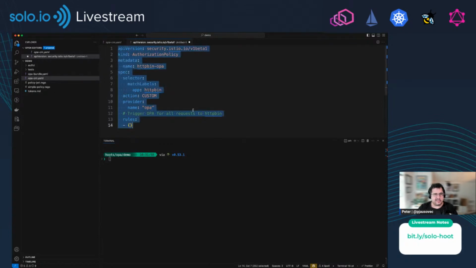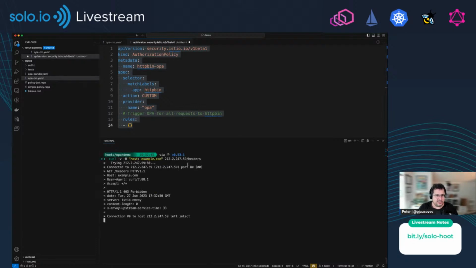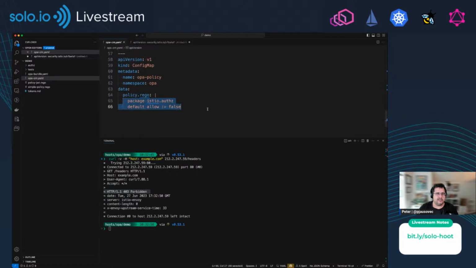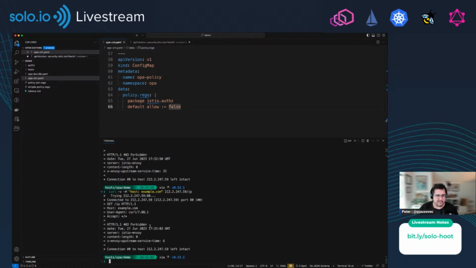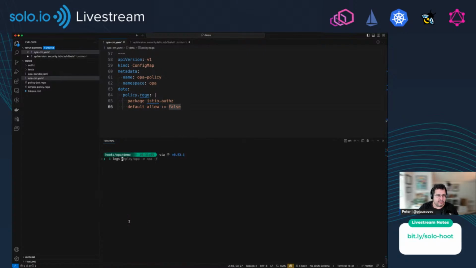So let's apply this guy. Oh, so this is applied. So now if I repeat that request, this time I get a 403 forbidden, right? Remember, because we set the default allow. So we're setting everything to false. We're not allowing anything through, right? So even if I do like IP, all this is forbidden. And I'll look at the logs,